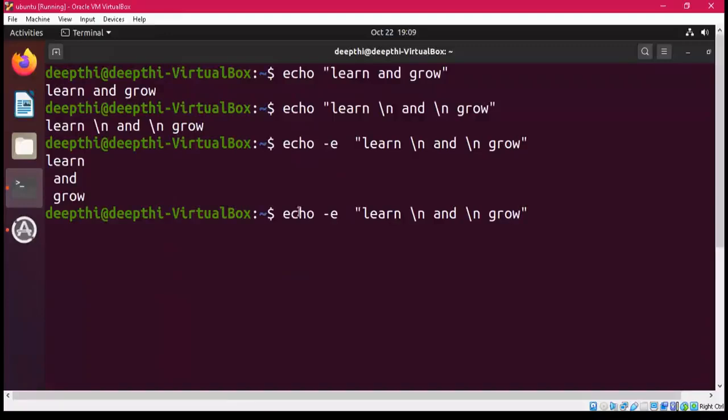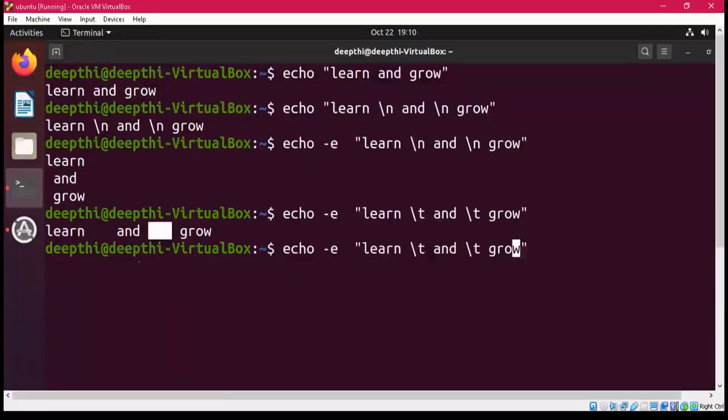So you got the point now? This -e option is enabling the escape sequences. So similarly, we can use other escape sequences also. I'm using \t, that is tab. Here you can see there is a space between learn and grow, and that space is fixed, the space of a tab.